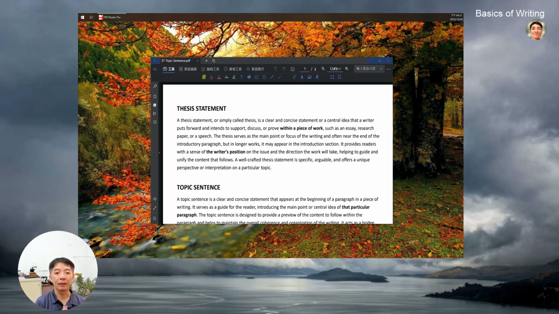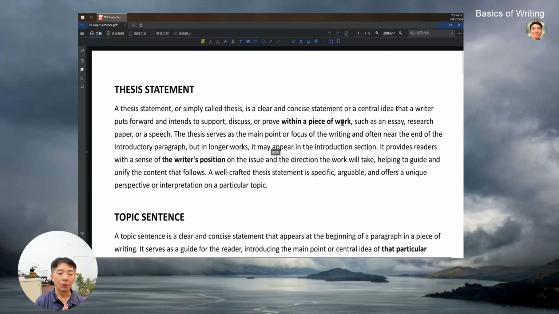Okay, now let's take a look at the definition of thesis statements in your handout. When we talk about thesis statements, the Chinese translation can be 主旨句. When we talk about 主旨, another word is gist, G-I-S-T, the gist of the article. So usually it is the overarching argument. Okay, so let's take a look at the definition of this